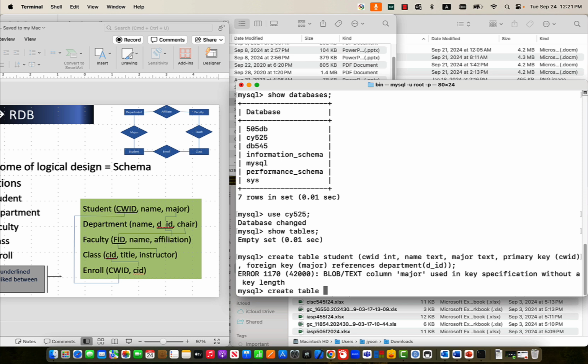So create table department. And department has name, if I say text, text is a primary key. No, DID is a primary key. D underscore ID, that is also text. Cybersecurity, that is the DID, right? And chair, that is text. And if you say primary key